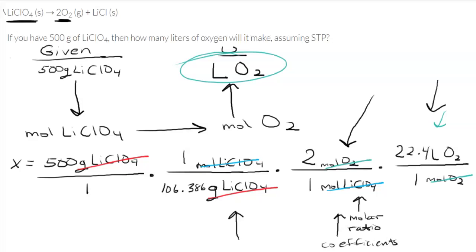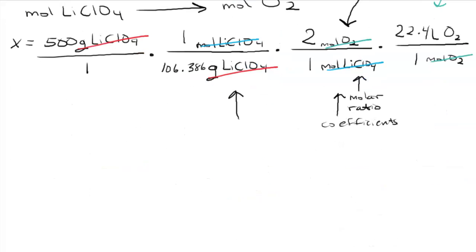I'm going to do 500, and I'm going across the top, times 1, times 2, times 22.4, close my parentheses, divided by, open my parentheses, 1 times 106.386, times 1 times 1, close my parentheses, hit equals, and I get